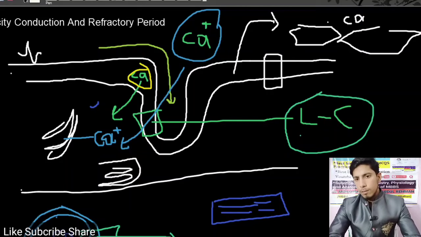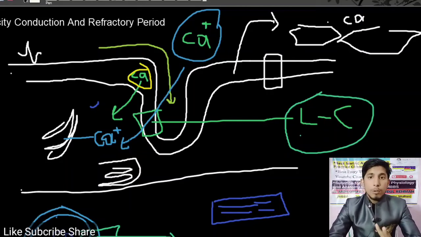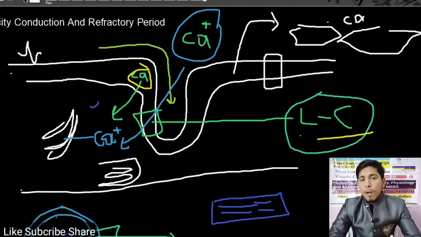On diffusion, what does it cause? It causes two things. First, this calcium that diffuses into the cell causes the activation of the L-type calcium channel. The L-type calcium channel causes the influx of a large amount of calcium present in the extracellular matrix to flow